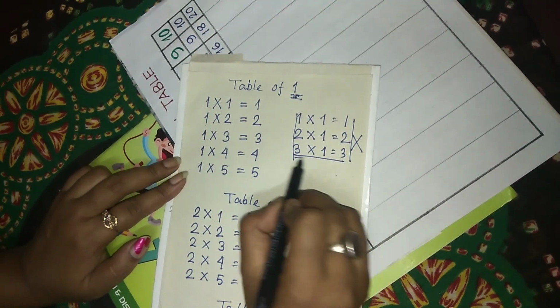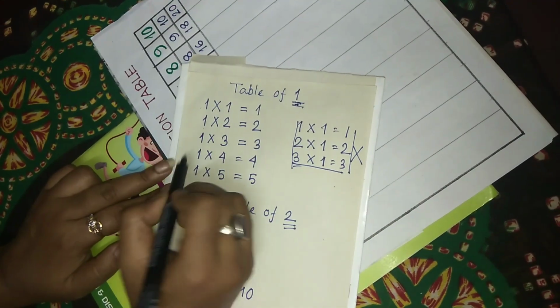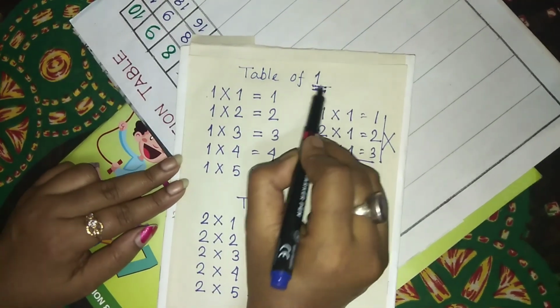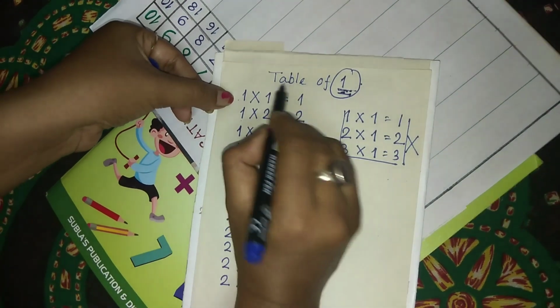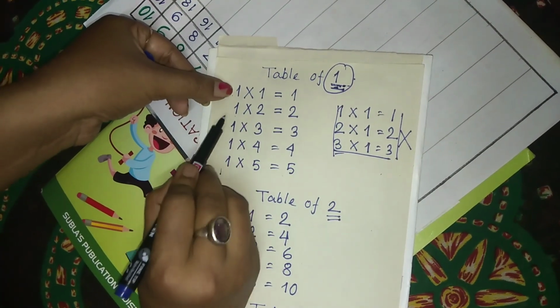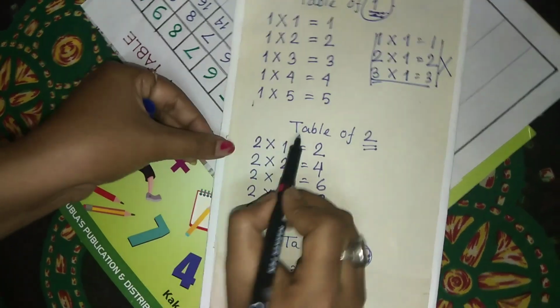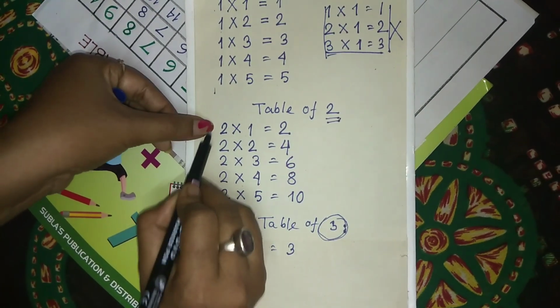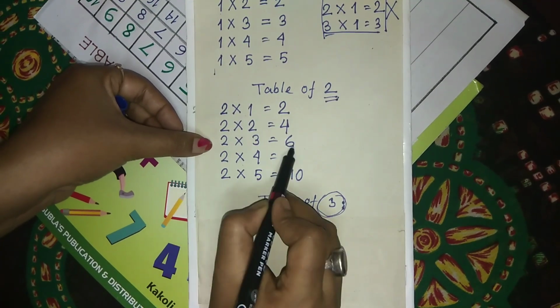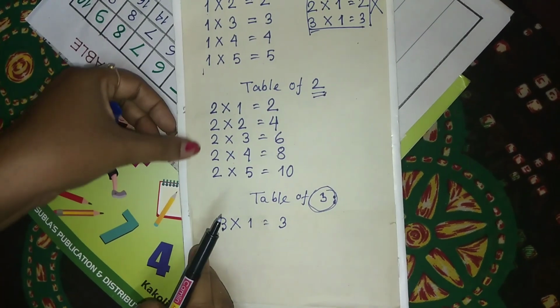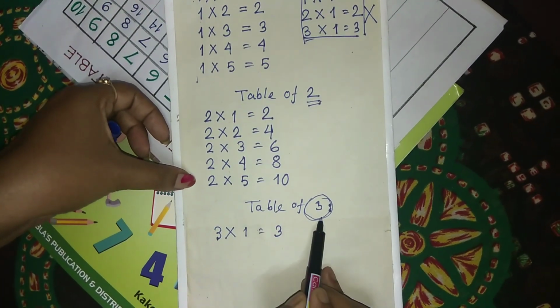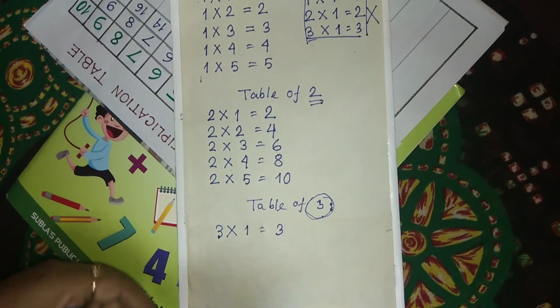We will not write like this. We will write like this. The table number we are writing, that number we always write on our left side, like this. Table of 1, so I am writing 1, 1, 1 on the left side. Table of 2, then you will write 2 ones are 2, 2 twos are 4, 2 threes are 6, 2 fours are 8. That number is always first, on your left side. Okay. Next 3, next 4, and so on. This is the way of writing a table.